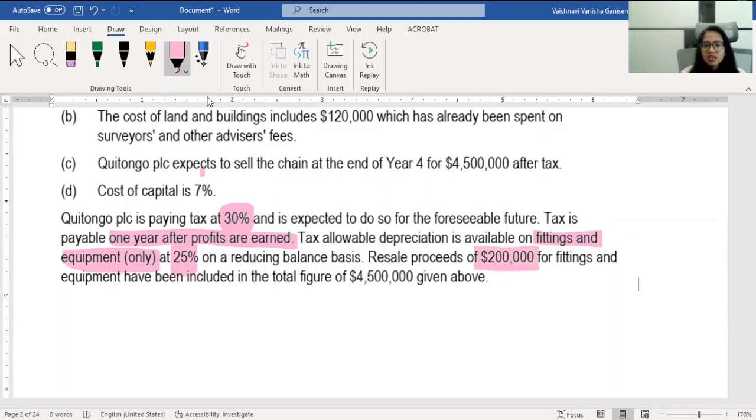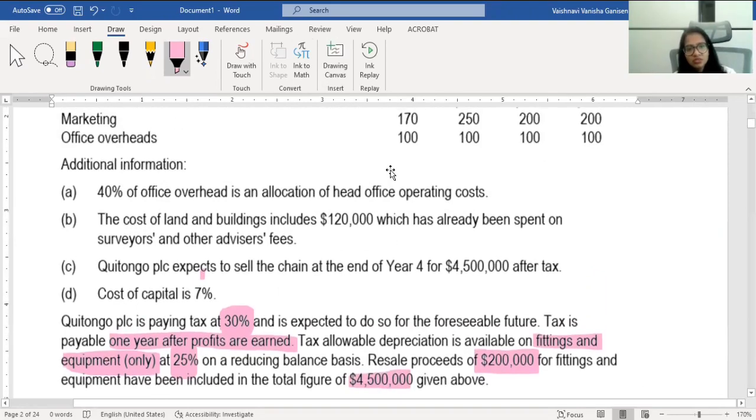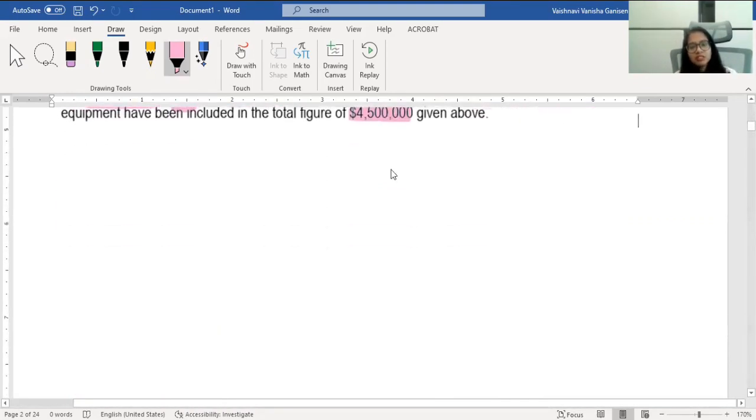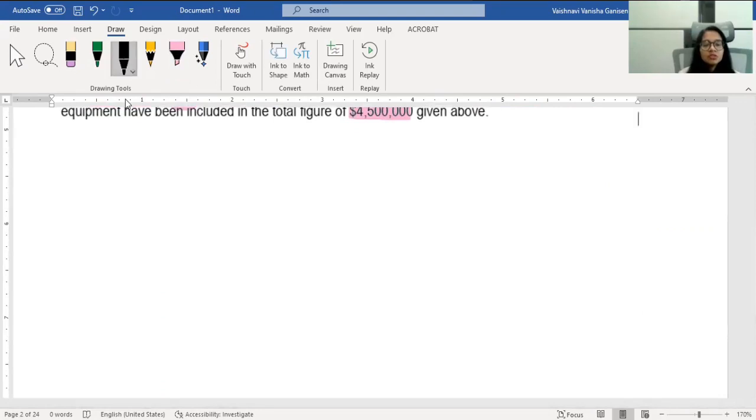Resale proceeds are 200,000 and the total figure of 4.5 million given above is actually including the 200,000. So if you go up here, you can see furniture and equipment, the cost is 750 and the resale value is 200. So now if I want to do the reducing balance basis, here